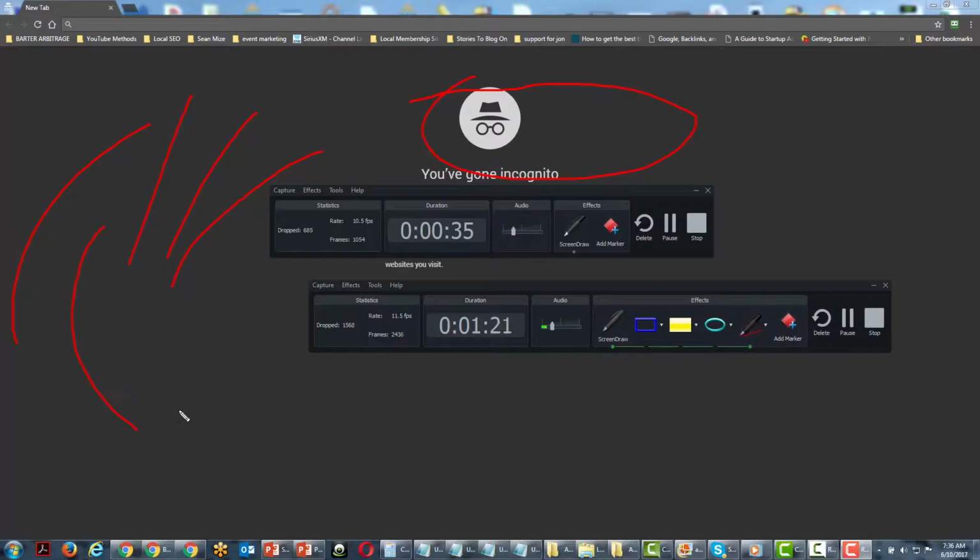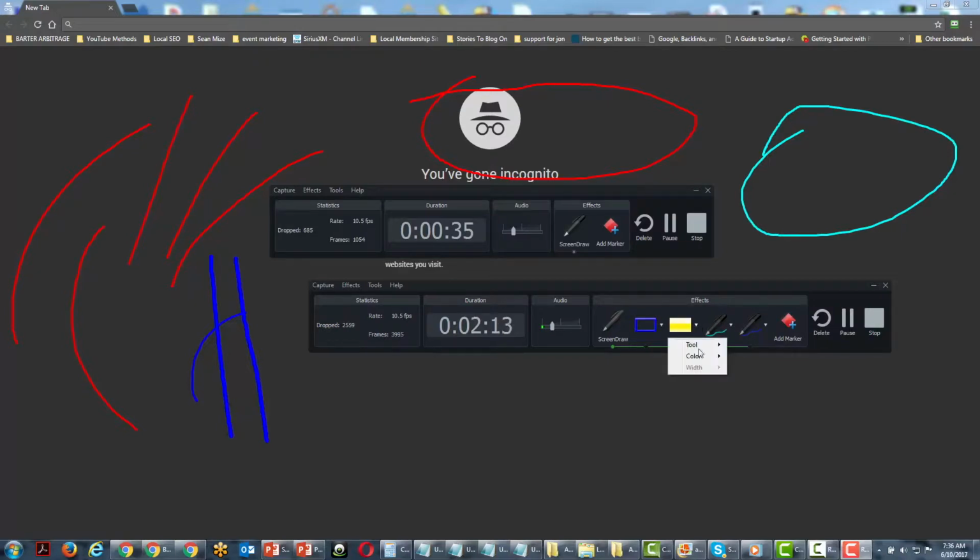Now, with a mouse, it would be very difficult for you to write like this, but you can draw and you can draw circles. And of course, we're able to do that in the editing process also. We can also explore where we can change the color, right? So we can change it to blue. We can also change the width, so we can make the lines fairly thick. So once again, you see that we can use each of these effects